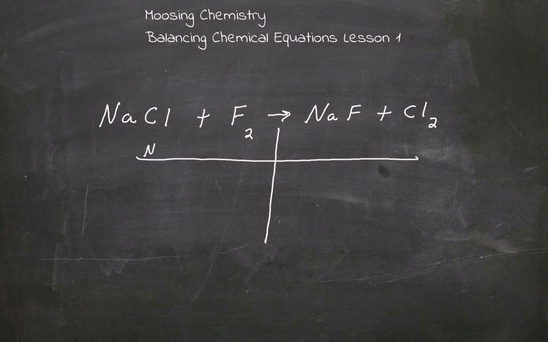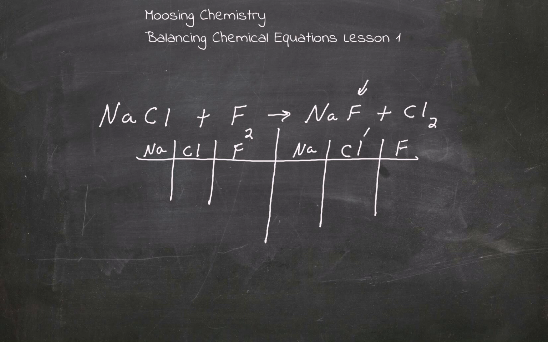table. Na, Cl, and F. Na, Cl, and F. Notice that the F right here was the second one, but we didn't put it right there. That's because we want the left side and the right side to look exactly the same. So we'll take away those arrows. So now we have 1, 1, and 2, 1, 1,